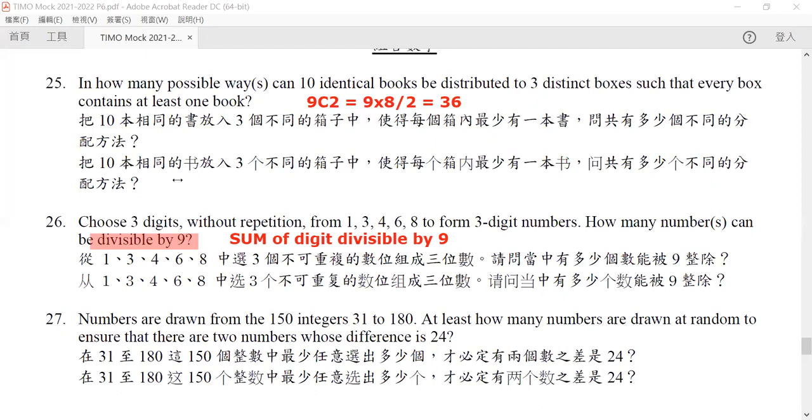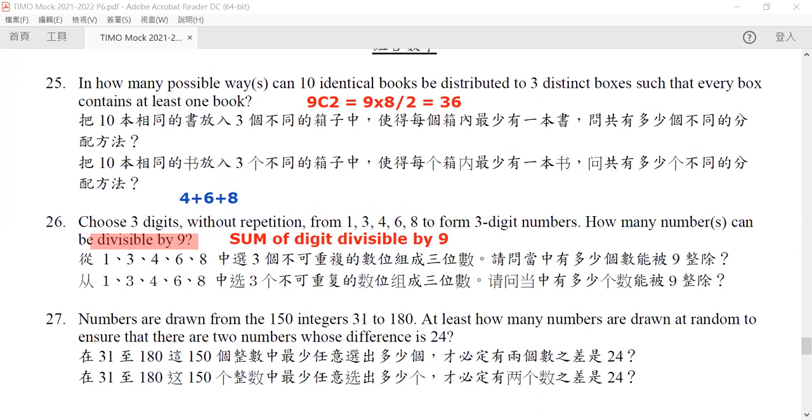It would be our 1. Now, 1 plus 3, 3 plus 8. No, this is not divisible by 9. And 1 plus 3 plus 4, no. 1 plus 3 is 6, no. 3 plus 4 plus 6, no. The only one that works is 1 plus 6 plus 8. I think it's only 1 plus 6 plus 8 and no others, right? Because you cannot sum them up into 9.